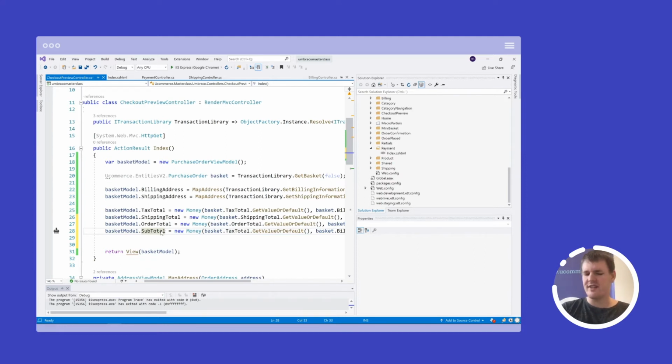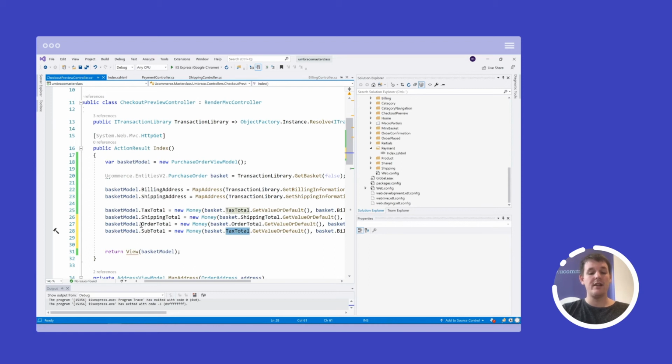So these are all the different amounts that we would like to present for the user on the page. We don't necessarily want to show all of them, but with UCommerce you of course just have the ability in case that for some reason you need it. Sometimes it can be a little bit overwhelming for the customers to see all those numbers. So we're not necessarily interested in doing that.